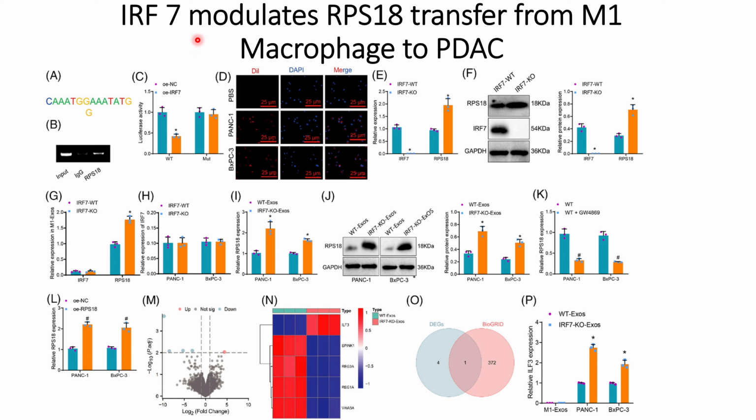From the literature, they found that IRF7 usually targets the promoter region of RPS18, and from their analysis they were able to find the binding region of the RPS18 promoter, where this gene targets and disrupts RPS18 transcription. So once they had identified the binding region of the promoter, what they did is